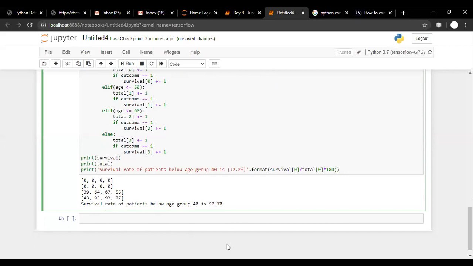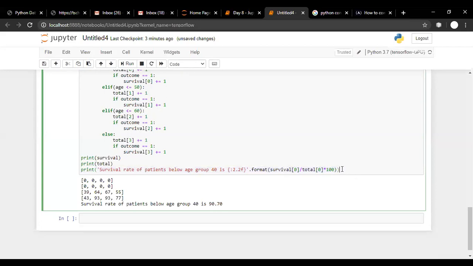So we are printing the survival rate. Survival rate means how many patients survived for more than 5 years divided by the total number of patients. And we are multiplying it by 100 just to get the numbers in proper percentage format.